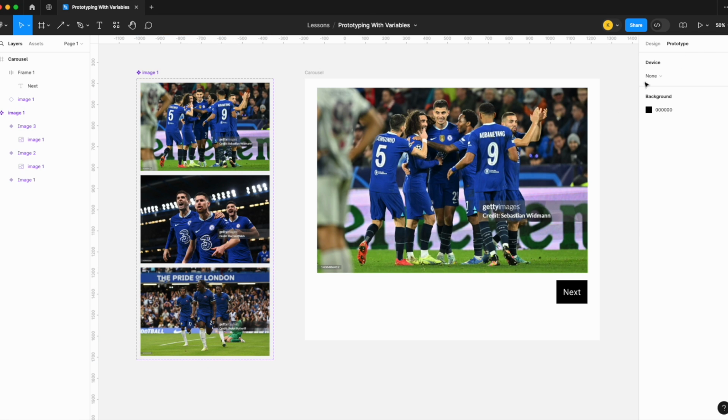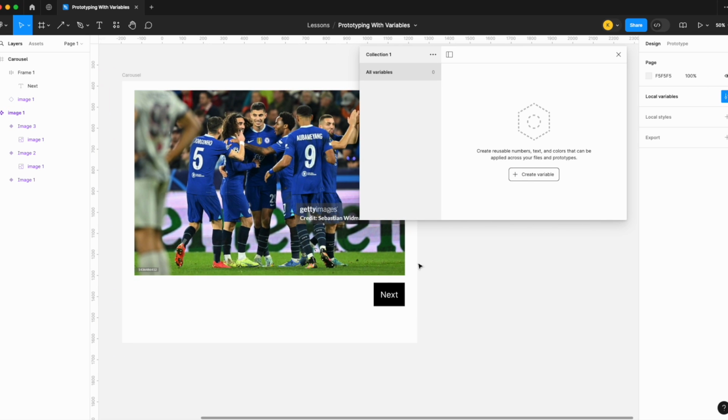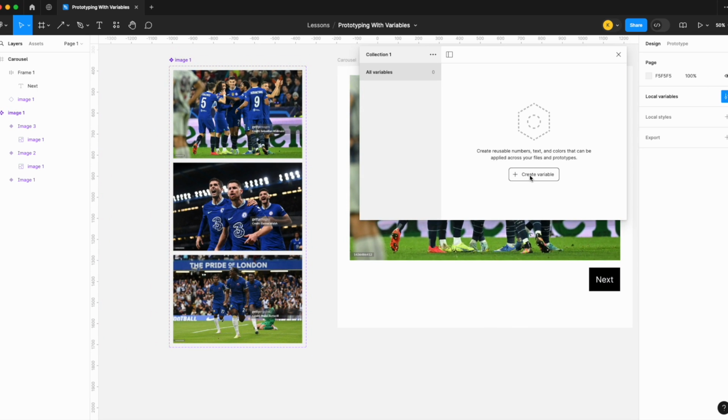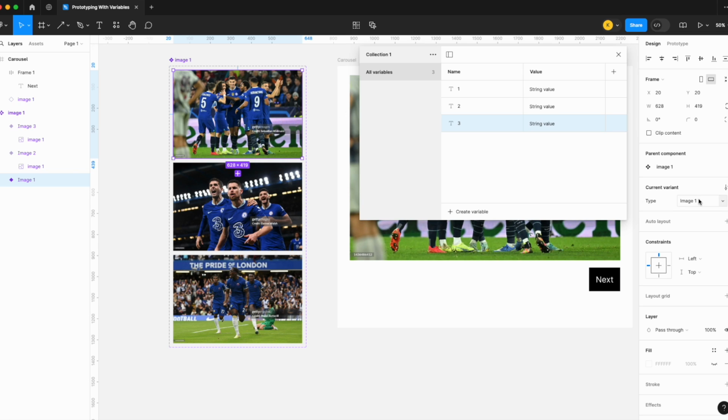Now, let's set up our variables for this. Let's go into our local variables, and then let's go ahead and create 3 string variables. So let's just call it 1, 2, and then 3 as the names. And then for the values themselves, the values of our variables need to match the name of the variant. So in this case, 1 will be image1, 2 will be image2, and it is also case sensitive. And then 3 will be